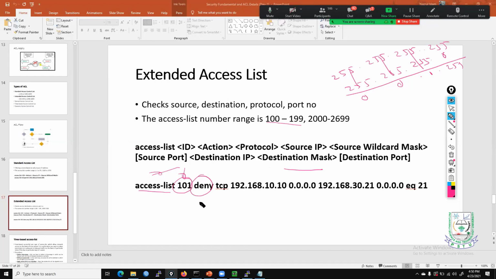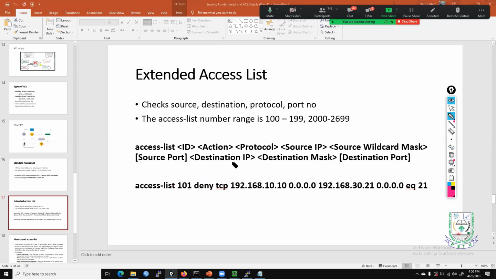Then the action, as already said, can be permit or deny. Then the protocol can be TCP, UDP, or IP, right? So we can define the protocol here. Say we are trying to match the FTP protocol that is originating from 10.10.10.10 to 30.30.30.21. So what we are trying to do here is deny the request from 192.168.10.10 to